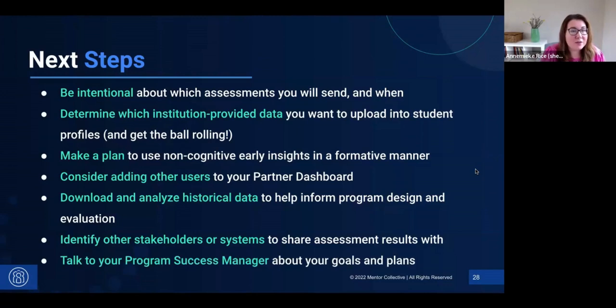And so I'll wrap up with just remember, if you haven't already started talking to your program success manager about your assessment plans, about the ways you want to use these data, about how it might inform your strategy for responding to flags as students start to become engaged in their mentor-mentee conversations, definitely encourage you to make sure this is on your call agenda. If you help us understand your needs, we'll definitely make sure that they're incorporated as part of our work with you throughout the year.